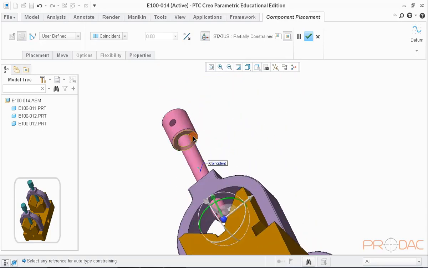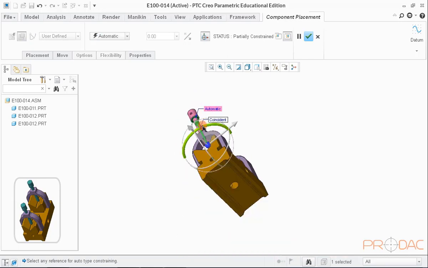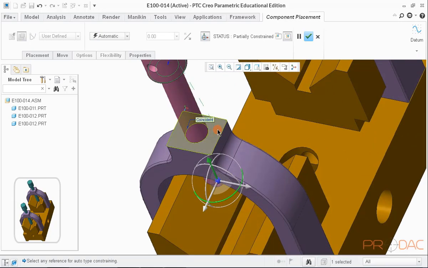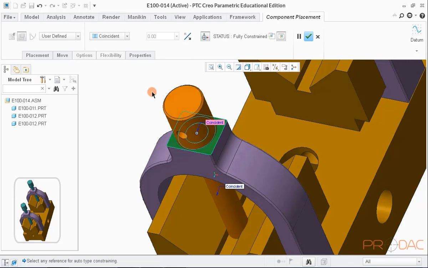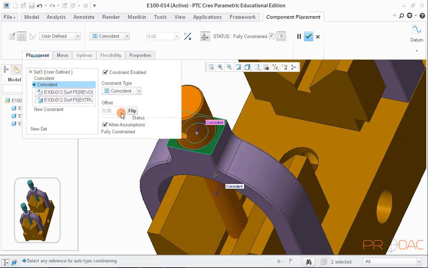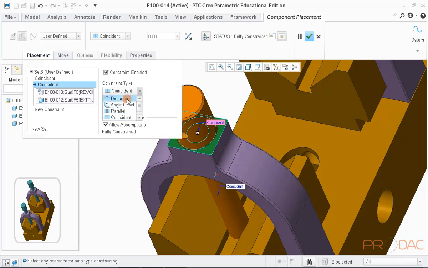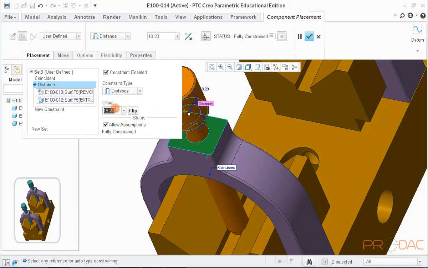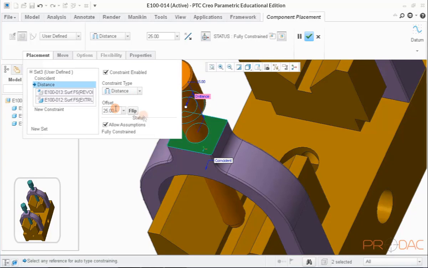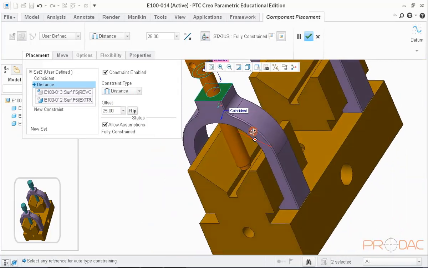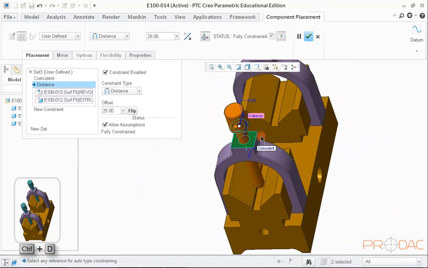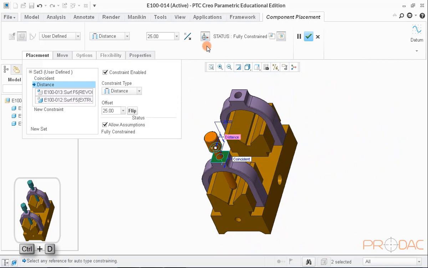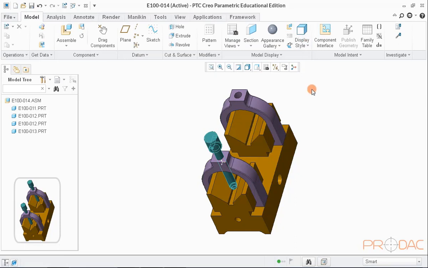Now, for the next constraint, this surface must be offset with this surface. So change the constraint type from coincident to distance and provide offset distance. Now the component is fully constrained. Next, click on OK to proceed further.